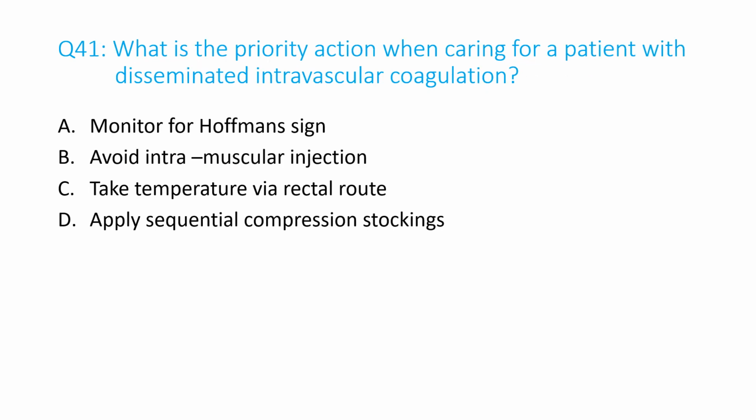Number 41. What is the priority action when caring for a patient with disseminated intravascular coagulation? A. Monitor for Bowman signs, B. Avoid intramuscular injection, C. Take temperature via rectal route, D. Apply sequential compression stockings. And the answer is